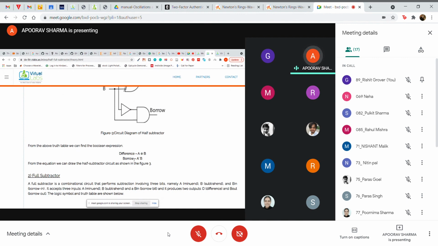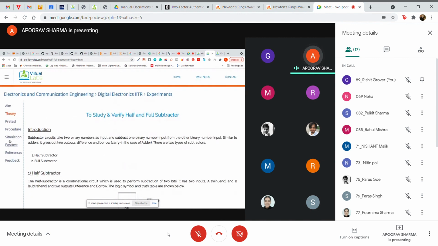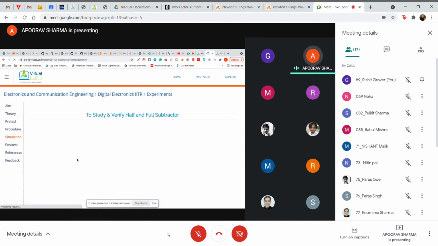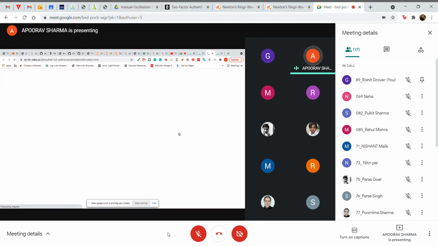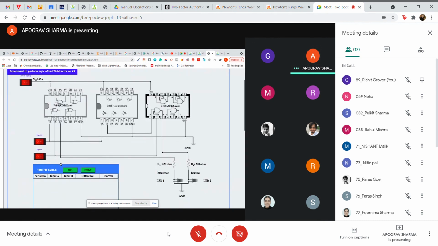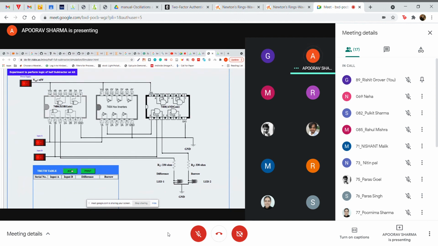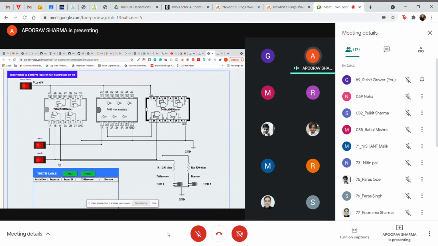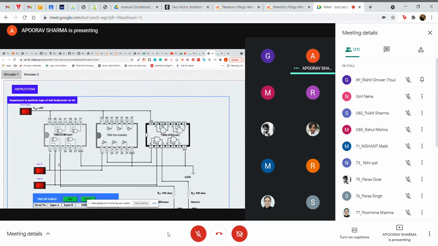So now you can draw it. Now please go to your simulations and do it on your own. Please verify the truth tables for your half subtractor and full subtractor. Go to the simulations. Open the half subtractor circuit first, and then verify the truth table by exciting the circuit and adding the truth table to this table, by pressing this button. Go ahead and do it on your own, please, all of you.